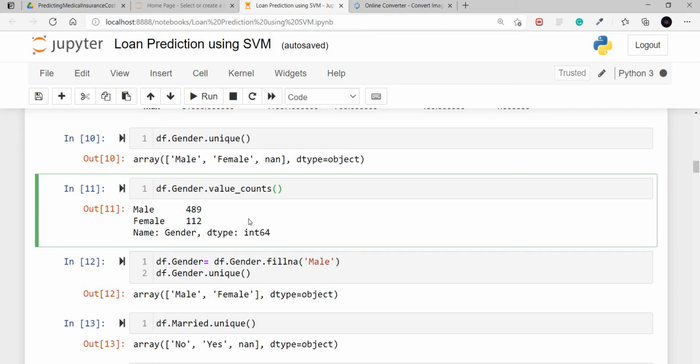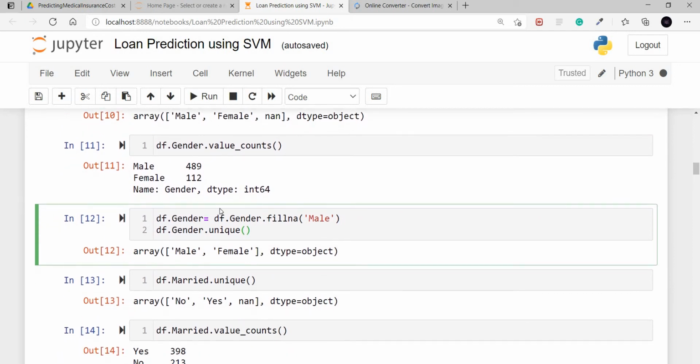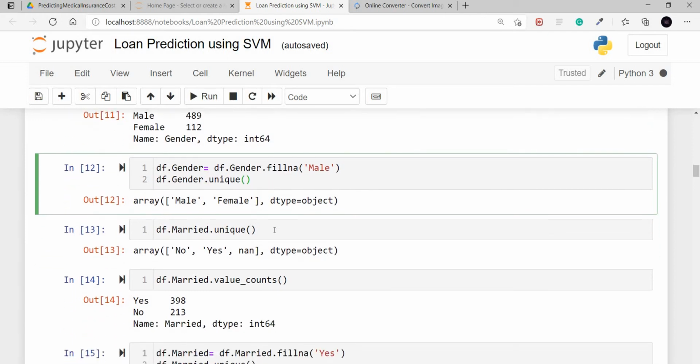First of all, we have to see which value is maximum in our column. If we see the value counts, we can see male are 489 and female are 112. So we have to fill those empty values by male only. So here I am filling gender with fillna by male. Now if we see the unique values in the column, male and female, no empty values are there.